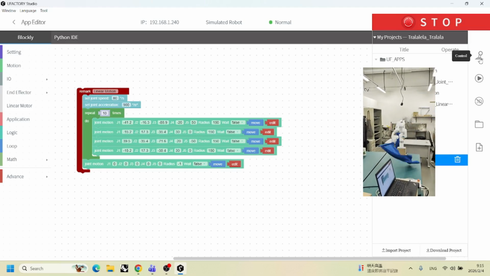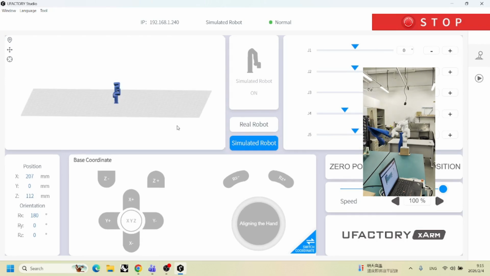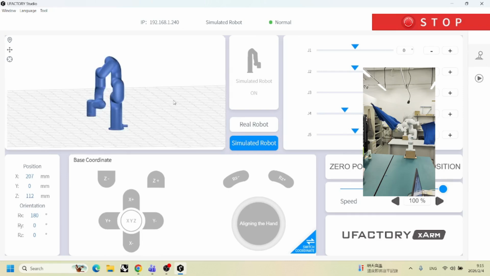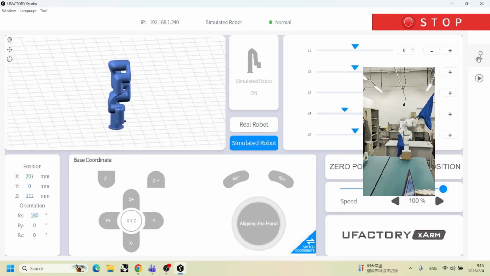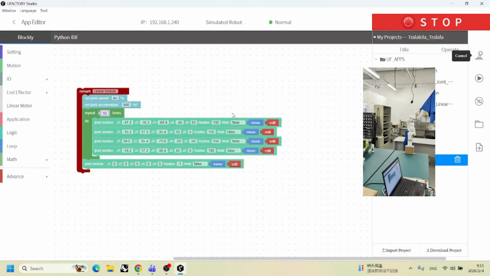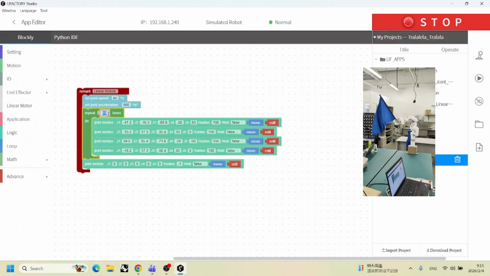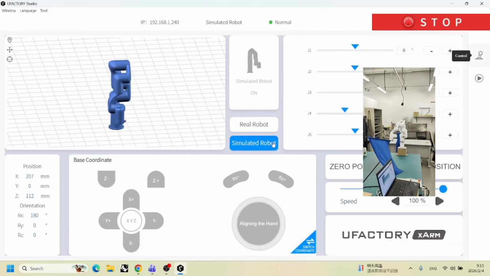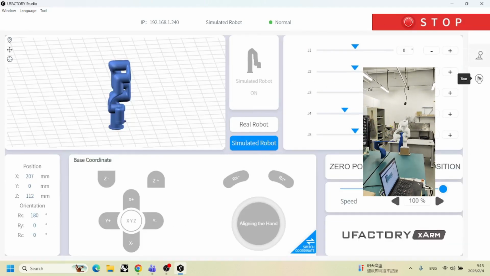So I've just opened up the project that was done by one group last week. And this was the flag waving exercise we did. I've got my robot here set to simulated, so we can have a look at what that code looked like. I'll just go back and turn down the repeats because we don't need to watch it 10 times. 3 is fine. And let's just have a preview of this. So if I go into control, make sure I'm on simulated, press run,